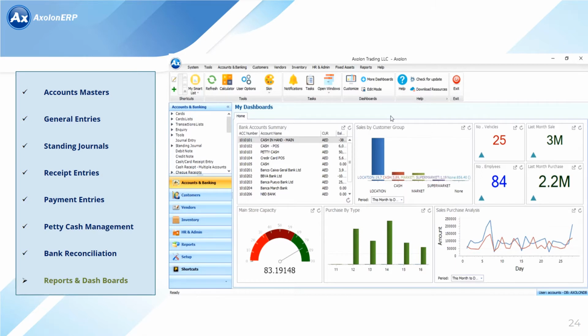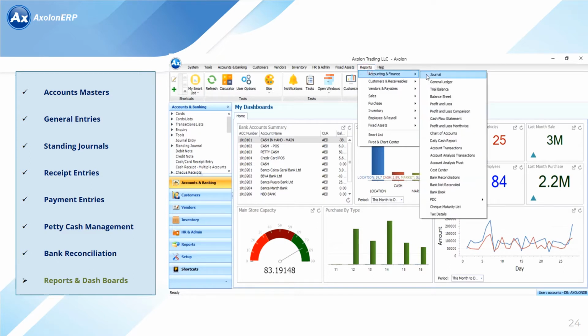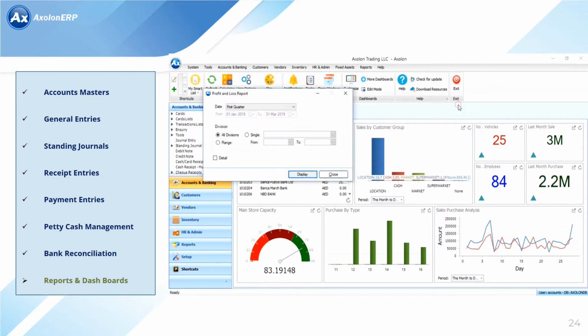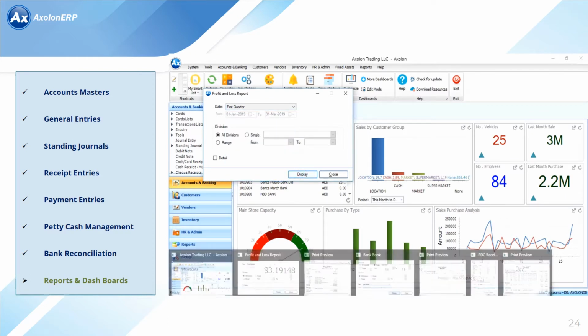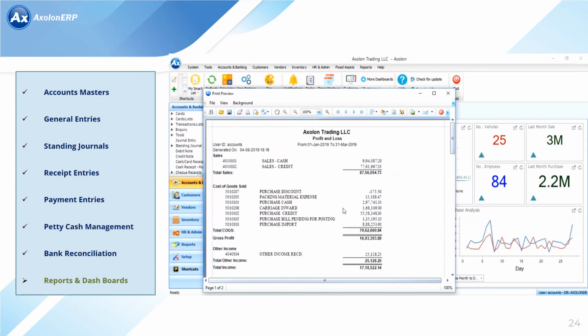How can we manage the reports and dashboards in Axolon? For accounts reports, just go to Reports, Accounts and Finance. You can see so many reports over there, like profit and loss, account transaction, daily cash report, bank book, PDC and all. Just for your information, I will show the profit and loss. If you want to take a profit and loss for a particular period, then you just click on display. It will give you the report file with respect to that particular period, what is my sale,